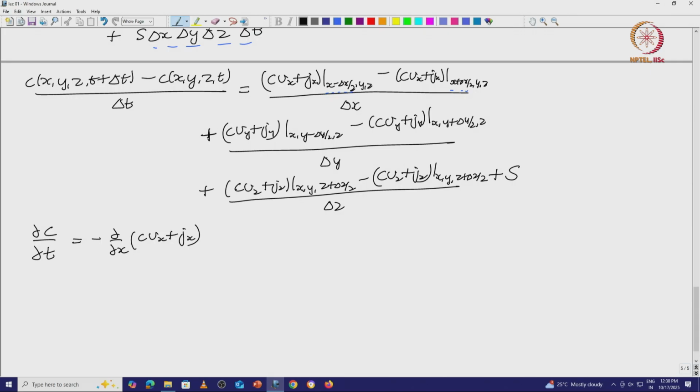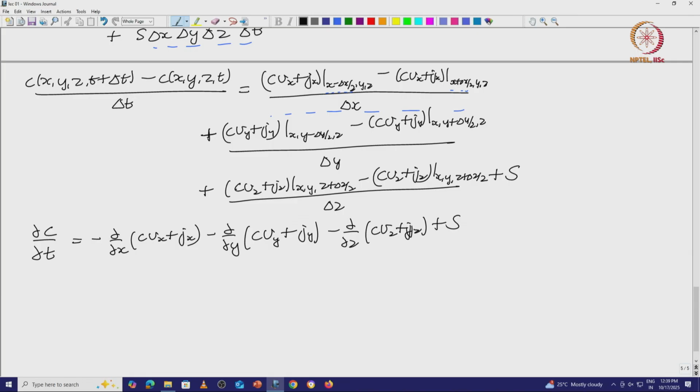The derivative is the value at x plus delta x by 2 minus the value at x minus delta x by 2. This is the negative of that, and therefore, I have minus partial by partial x of C Vx plus Jx, minus d by dy of C Vy plus Jy, minus partial by partial z of C Vz plus Jz